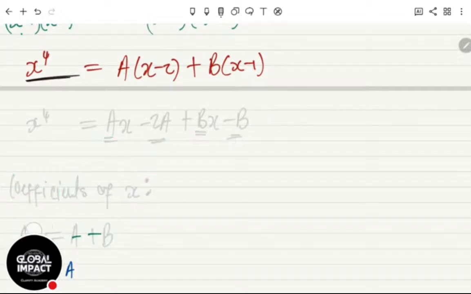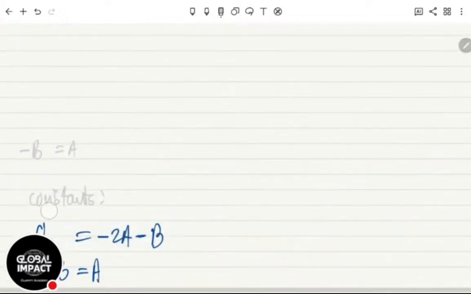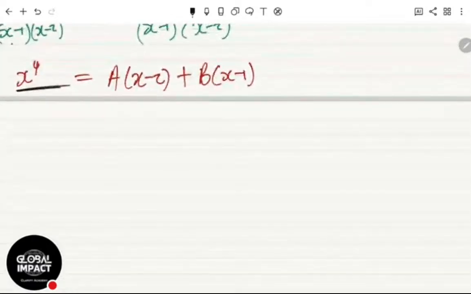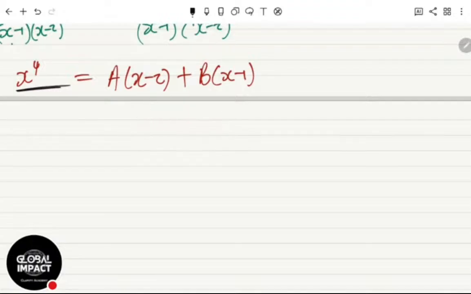Let me do another one, because I'll get a = 0, b = 0, which should not happen. The other way to do it is to say both of them should work either way. You are going to choose a value of x which makes each of them 0. So I'll say let x be equal to 2. I will know that this will become 0.